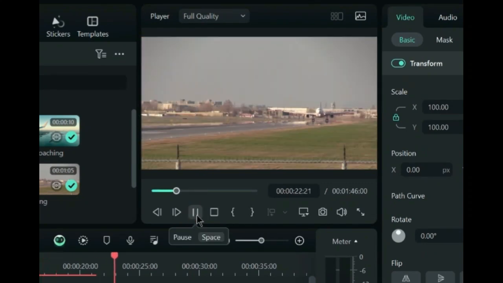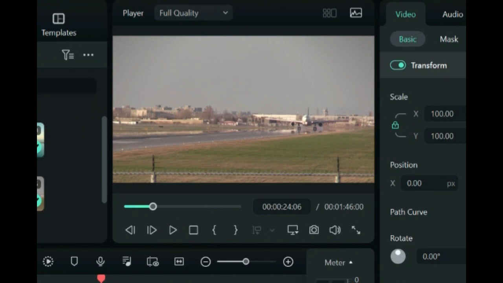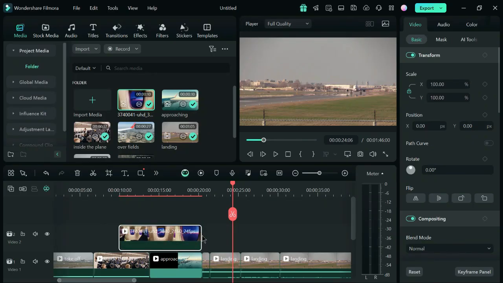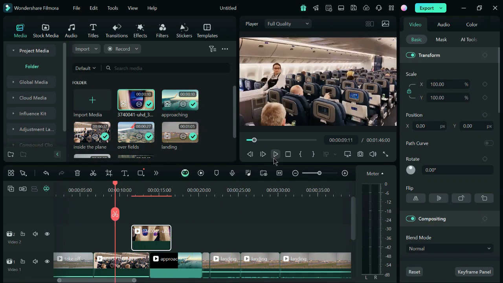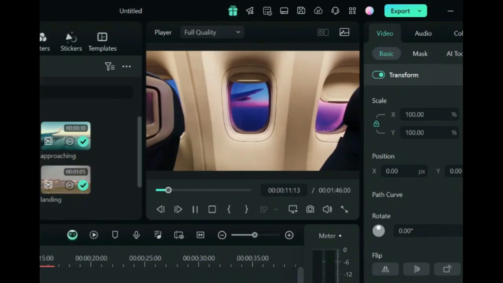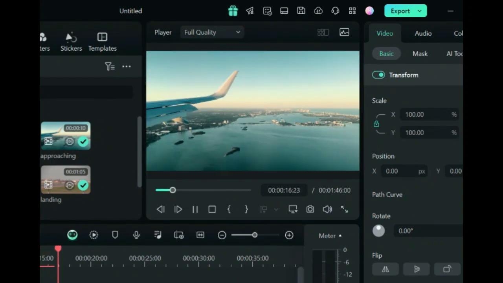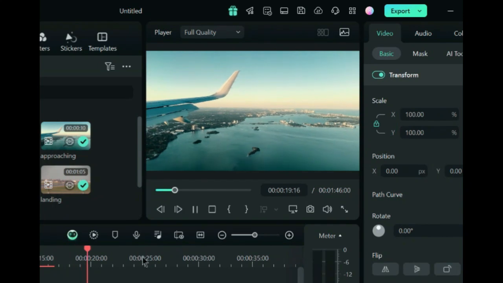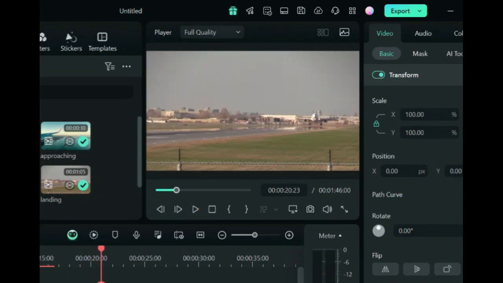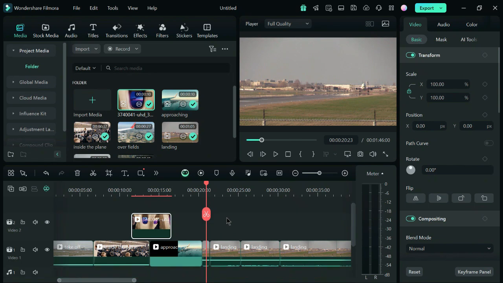But then it's changed to you landing, so it's not quite in the right place. So just move it along a bit and you can shorten this down. So in actual fact, now if we do it, we've got inside the cabin, and here is where you shot the beautiful sunrise or sunset. And then it shows the next day when you're just about to land. So there's another added bit to your video. So what we've done here, we've gone from nothing to creating a story and adding B-roll in a very easy